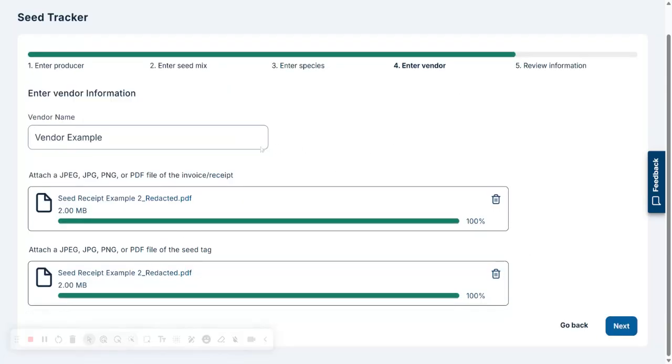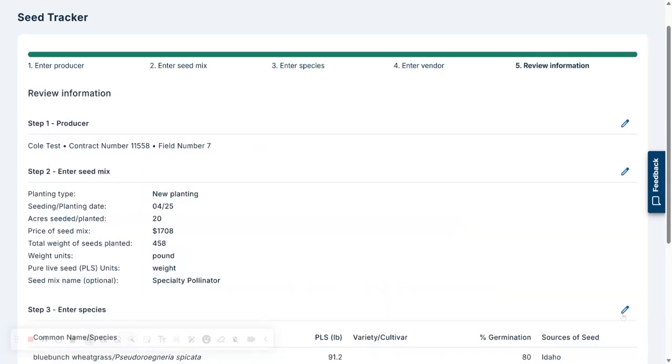A user will then enter the vendor name, as well as upload a JPEG, PNG, or PDF file of first the invoice receipt, and then the seed tag in the second box below. You're able to drag and drop the file, or click the box and choose a file from your device to upload. When these are both entered, we'll select the blue Next button on the bottom right side of the screen,